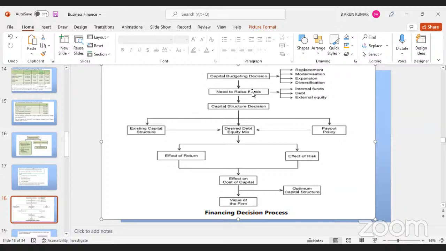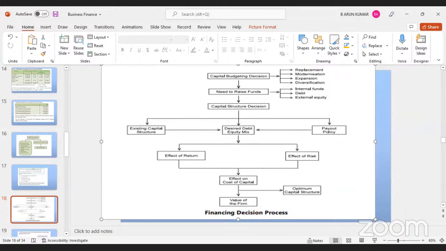Okay, sorry for the disturbance. Capital structure. When we use capital structure, it is used for collecting money from different sources. So which source gives us more benefit? Based on this capital structure only, we find out the exact